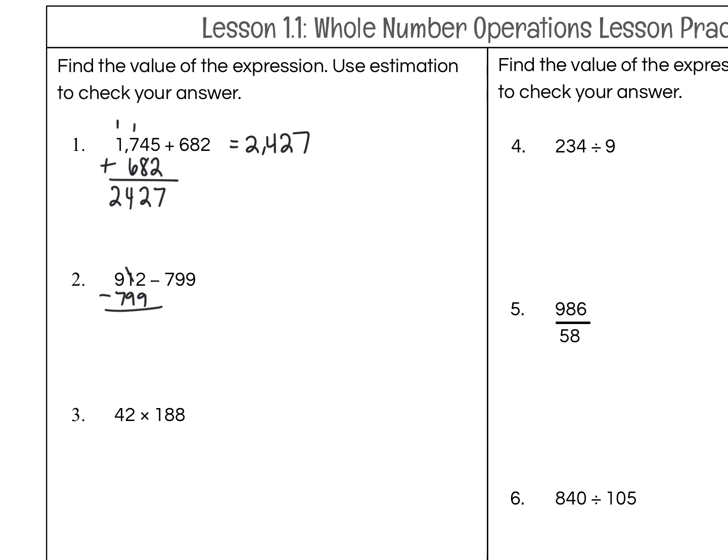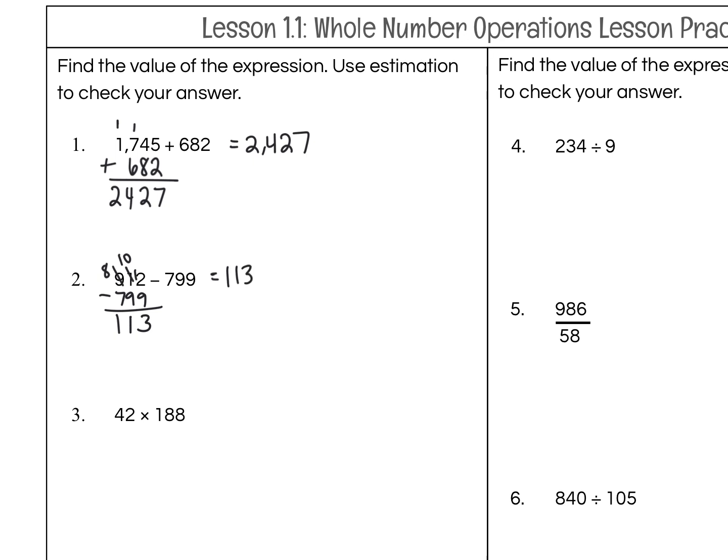So when I borrow, that leaves me with 0 here. This becomes 12. 12 minus 9 is 3. Again, more borrowing and regrouping. That 0 now becomes 10, and 10 minus 9 is 1. 8 minus 7 is 1. My answer should be